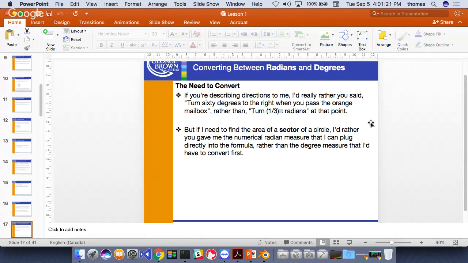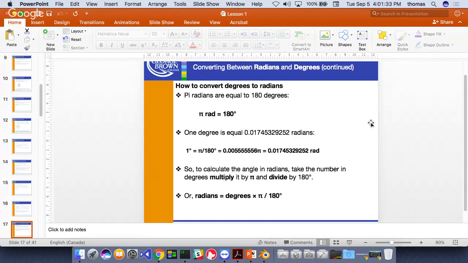Okay, why do we need to convert? Because a lot of times it's not just us using computers. Sometimes you want to make it so that the game shows degrees for the player, but the computer functions need radians. So we need to convert. I already said it earlier: if I want to get radians, I take my degrees, multiply by pi, and divide by 180. That's the formula.